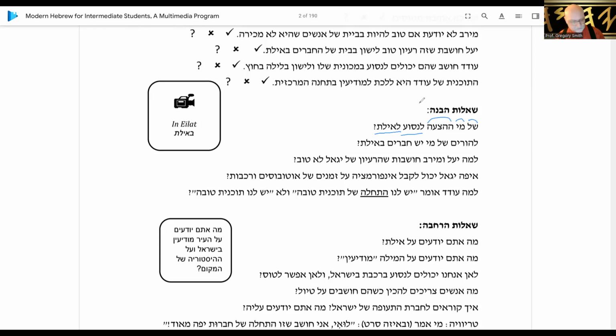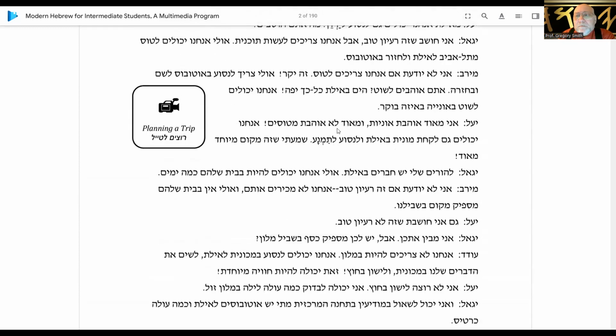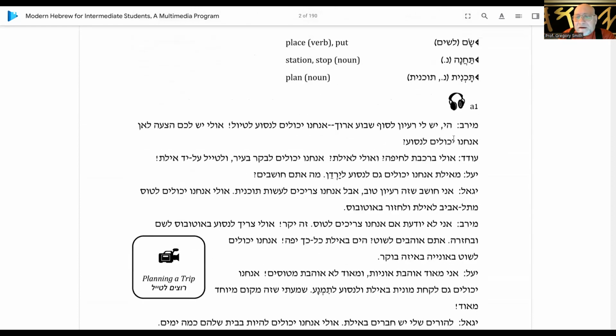So we're going to have to go up to our reading again and figure out whose proposal it was to do that. That's probably going to be in the beginning. I'm going to look for the first occurrence of Eilat, which is the name of the town. Okay, there it is right there. Odette, I see it right away. Berchavet, to Haifa, Va'ulai Le'Eilat. Okay, Anaknu Yokalim,